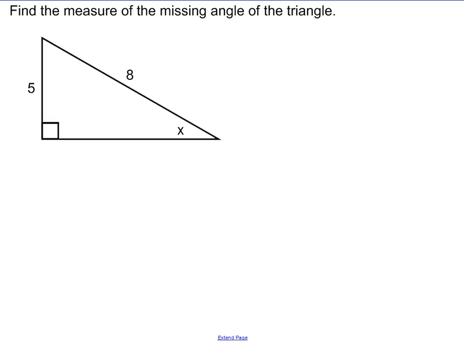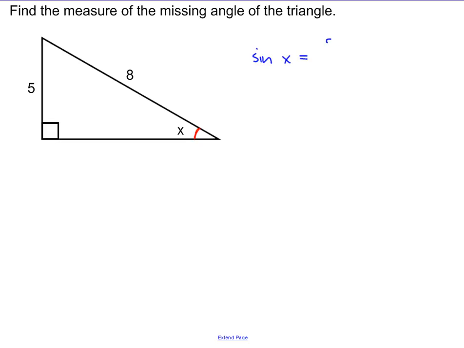So here's the type of problem that we're going to have to use this on in our homework. I've been given an angle that I'm trying to find. So this angle right here is x degrees. I was given two sides. Based on this angle, side 5 is opposite to it, and side 8 is the hypotenuse. So the trig function that uses opposite and hypotenuse is sine. So my equation is going to be sine of the angle